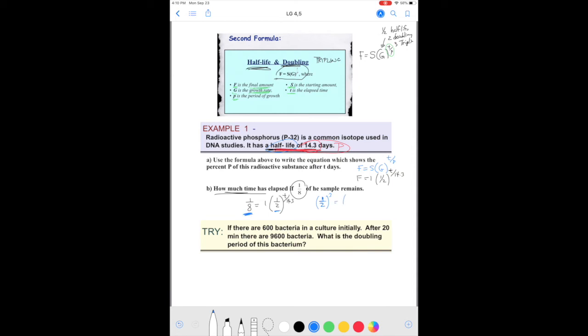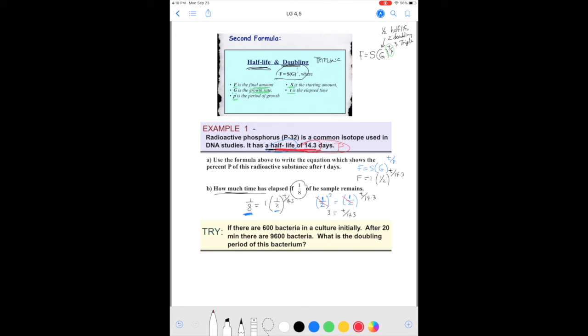And the reason I like that is because I have a half over here to T over 14.3. And in math, it's kind of cool that if I create the same bases, they cancel each other out. Then I work with the exponents, so 3 equals T over